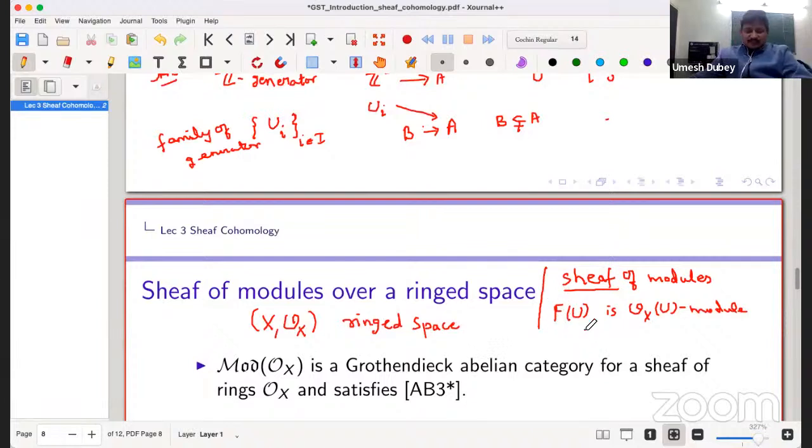And furthermore, of course, you have to. So here we are using the fact that O_X(U) is a ring, and there is some convention. You have to fix some left module. I have not mentioned it here, but you have to fix some left or right. If it's commutative, it doesn't matter, but otherwise you have to be careful. Sheaf of left R-modules. So that category will again,